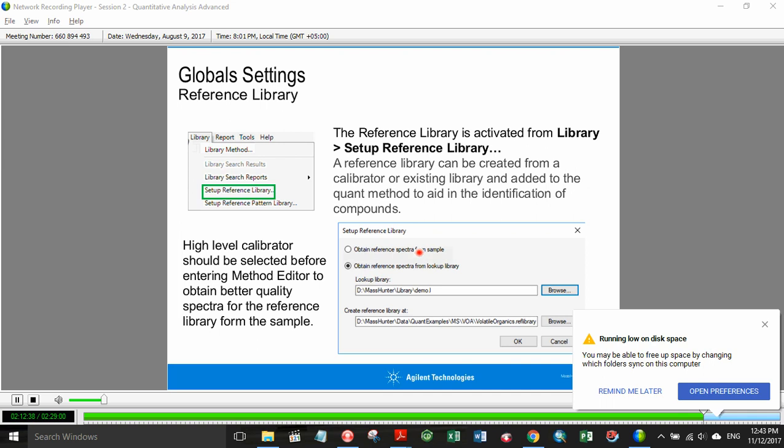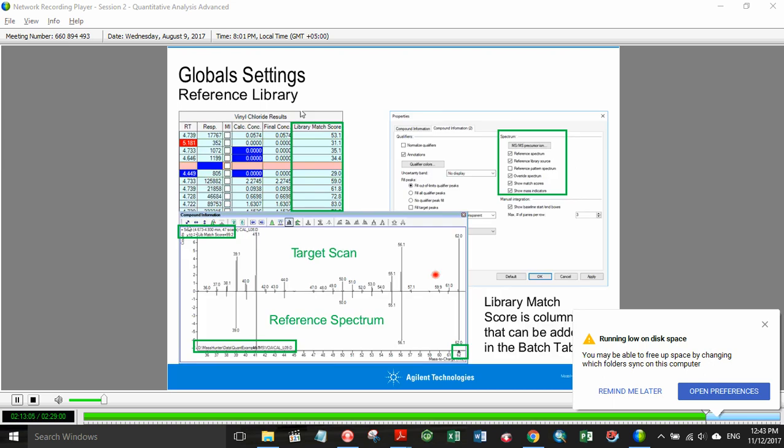What I could do is create a reference library from a sample. In other words, what I would pick would probably be a mid to high range calibrator, and I could obtain the reference spectra from that sample. Or if I have a small user-generated library, I would typically look at or create that. Once I create that library, it creates the library and gives you a reference to where that library was. Then when I come back into my compound information window, what I have now is my target scan, the reference spectrum that I can compare